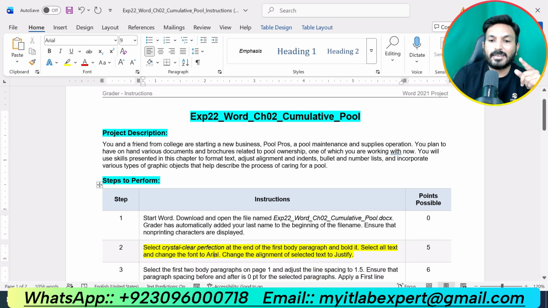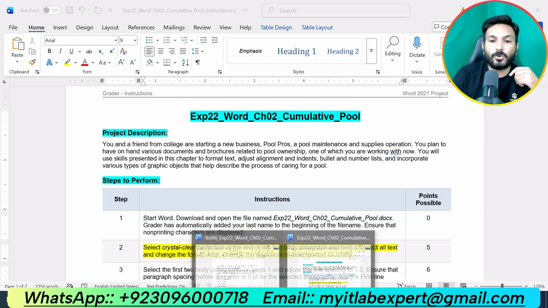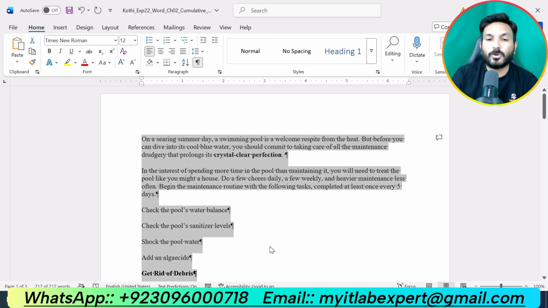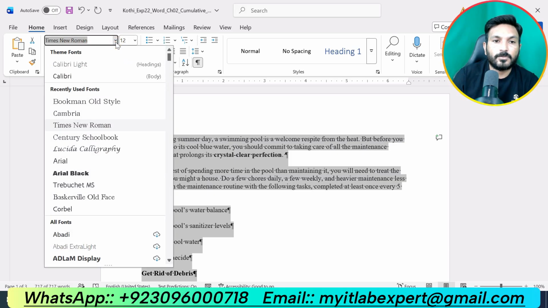Then this is saying select all the text and change the font to Arial. Change the alignment of selected text to justify. So we are supposed to select all of the text, press Ctrl A, and apply the Arial font.